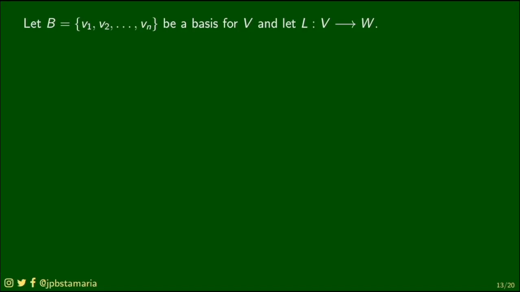This time, let's consider a linear transformation L from V to W, but this time, V is finite dimensional. Finite dimensional means it has a finite basis or a finite coordinate system as shown on the board. So here, V in particular is n-dimensional. It has basis vectors V1, V2 up to Vn. Take note that